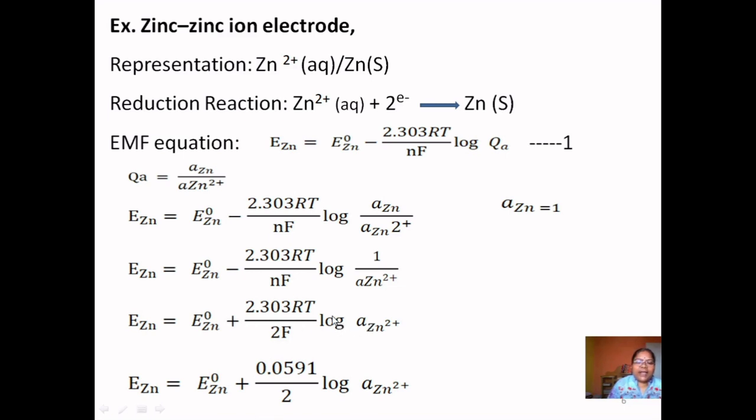Then at 298 Kelvin, this value becomes 0.0591. So here we have changed this 2, that is n, the number of electrons. So this is the equation we can use to determine the electrode potential of zinc. That is when E0_Zn, that is